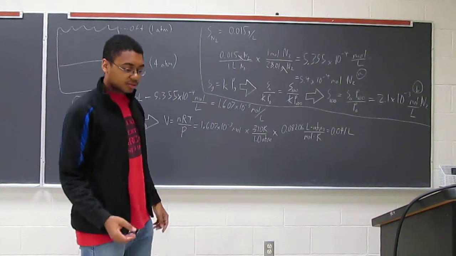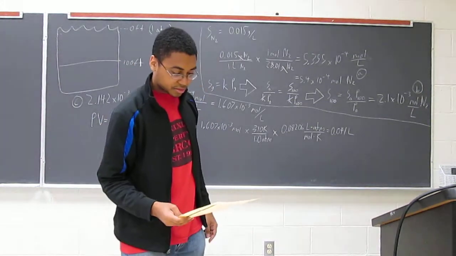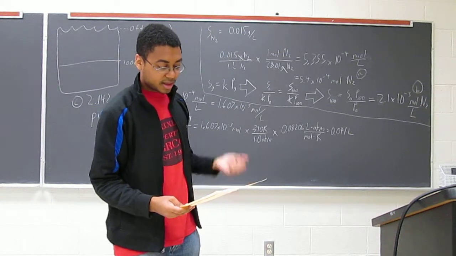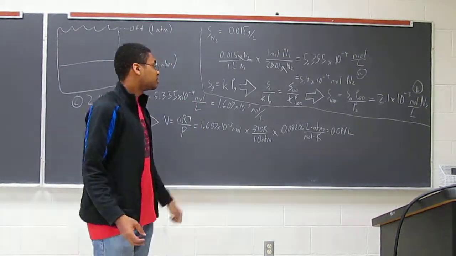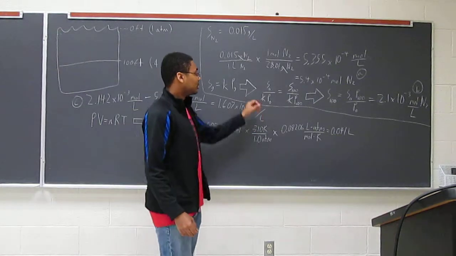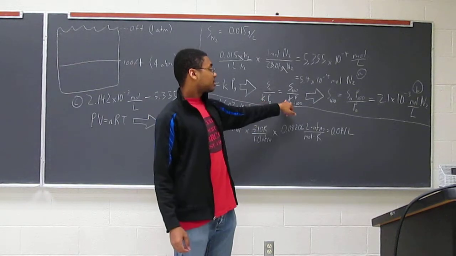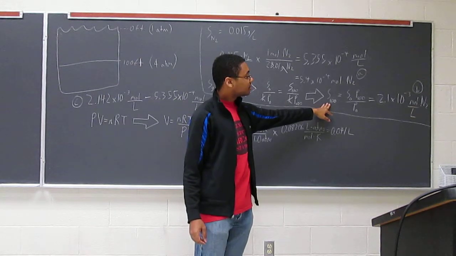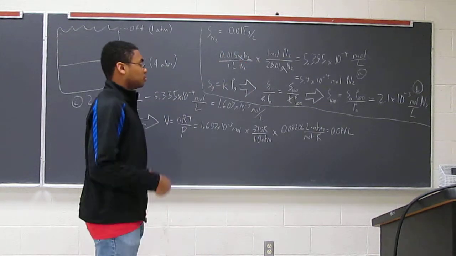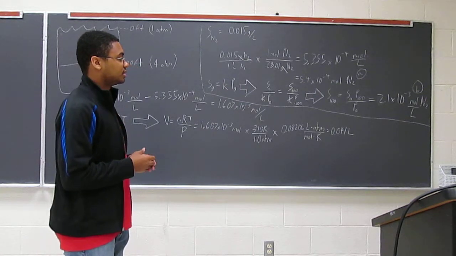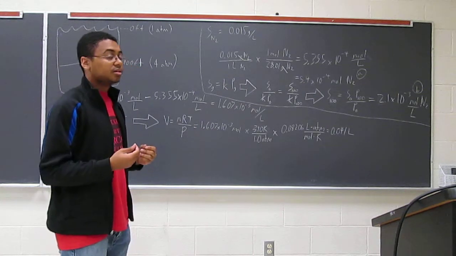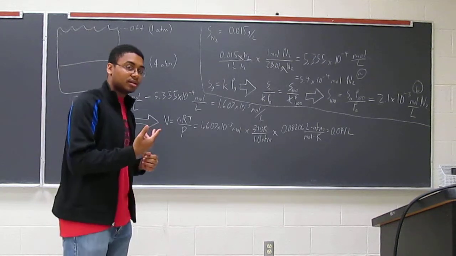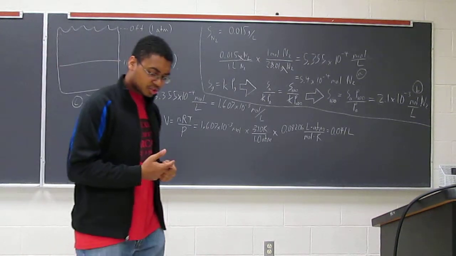So what are we trying to look for here again? We're trying to look for the solubility of N2 at 4 atmospheres, essentially. So we can take out the constants here and solve for the solubility at 100 feet. So what in essence you need to realize here is that solubility is proportional to the partial pressure in Henry's law, such that